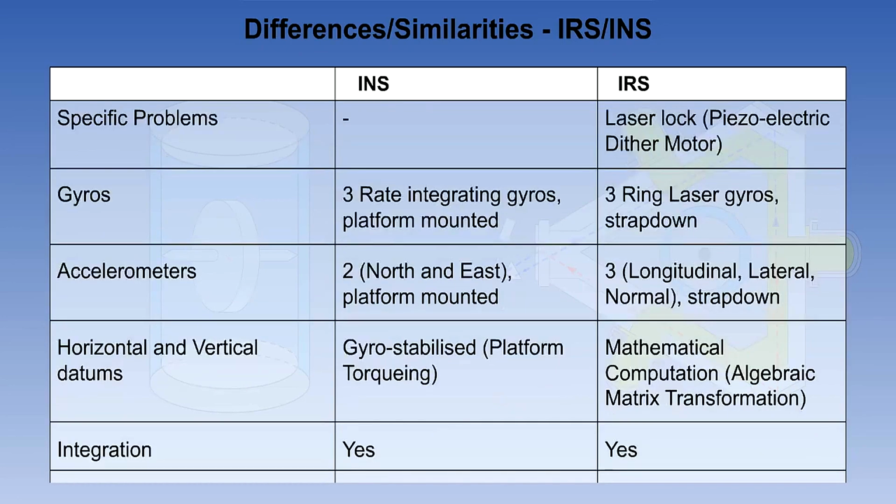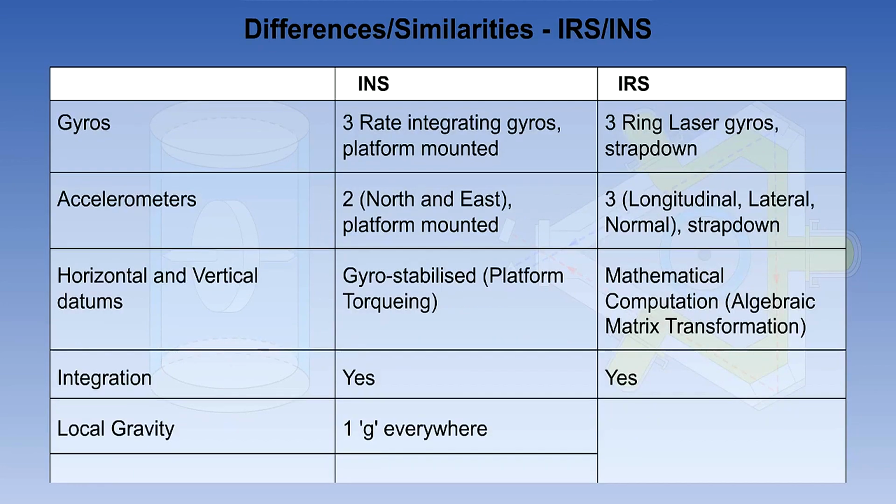Accelerations are integrated into velocities and velocities into distances in both INS and IRS. There is a difference in the way that INS and IRS deal with gravity. In INS it is assumed to be 1g everywhere. The superior memory capacity of IRS allows us to have a database which stores small differences in the local value